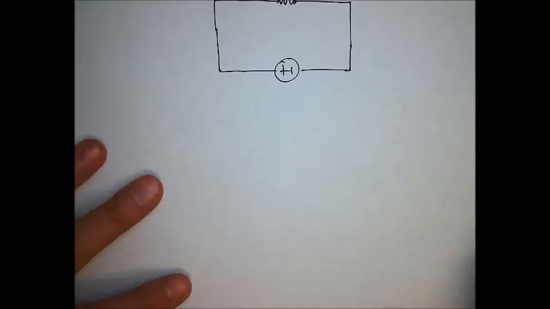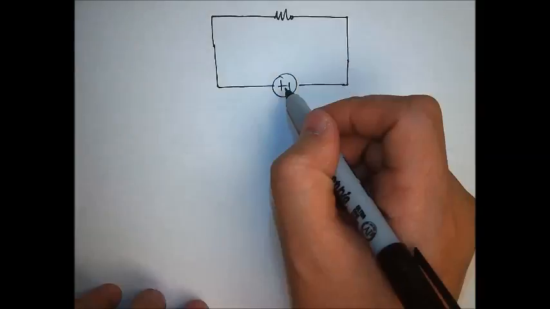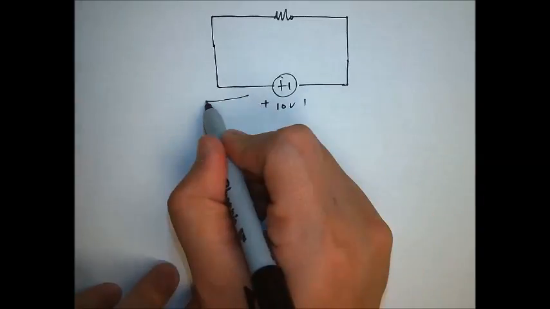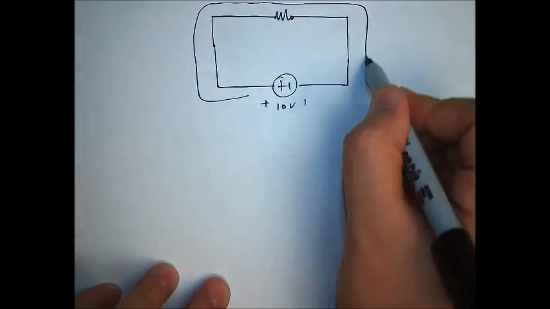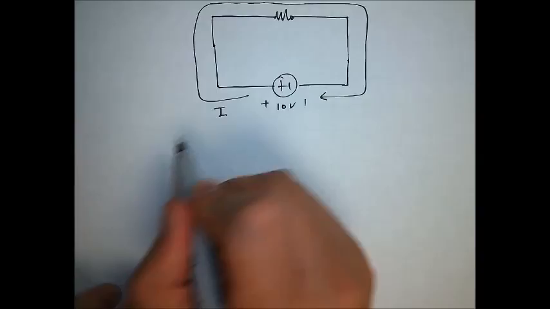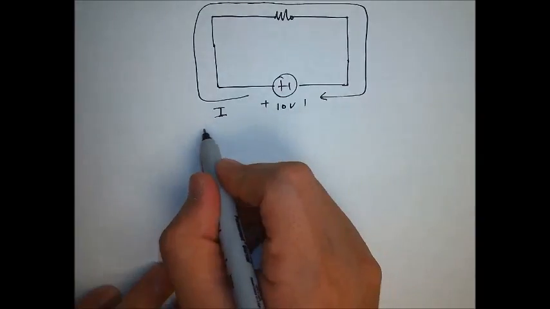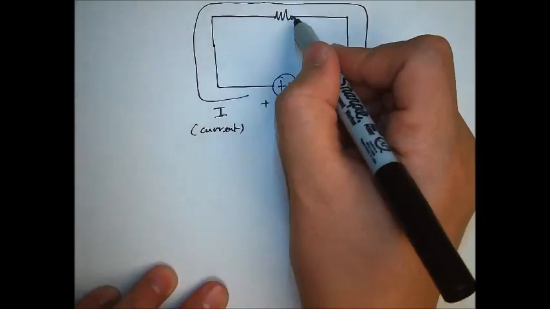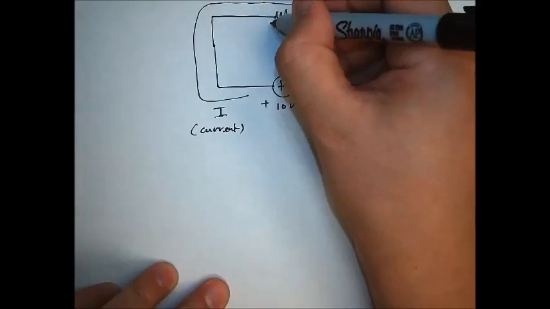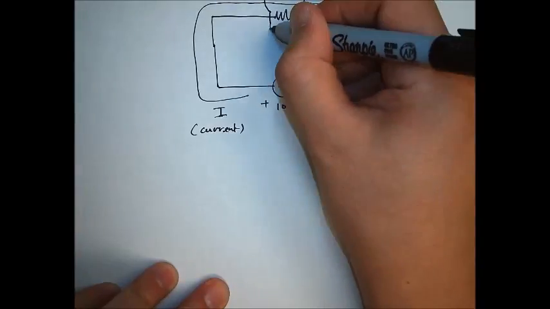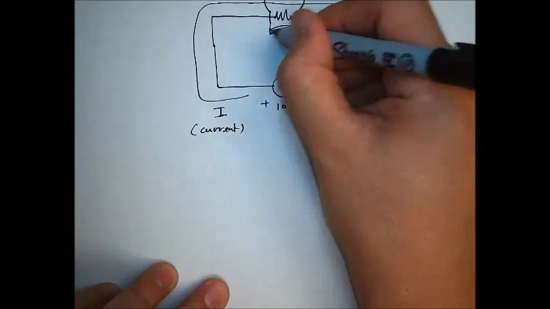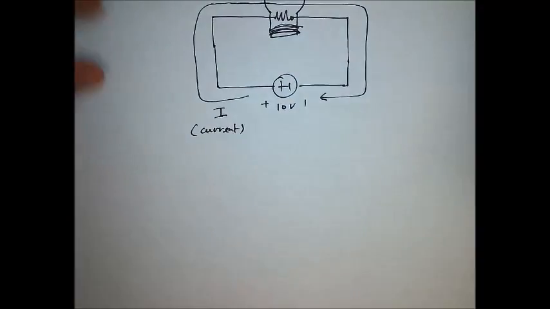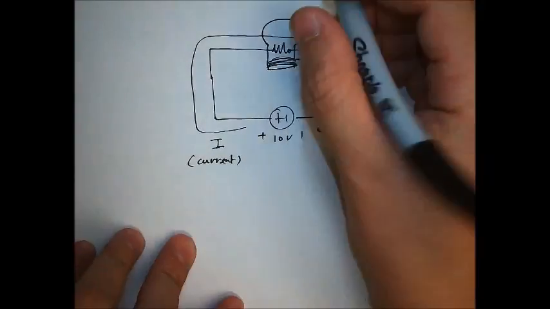And then from the battery, this could be a 10 volt battery, you have current that is going around like this, going through the resistor and comes back around, and this is called current, which is indicated by I. So this is current, and as the current goes through this resistor, which is a light bulb, so I'll draw this as a light bulb like this. Okay? As the current goes through, the light bulb will heat up, the filament will heat up, so this is the filament,